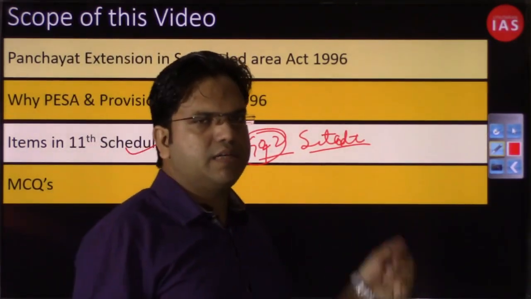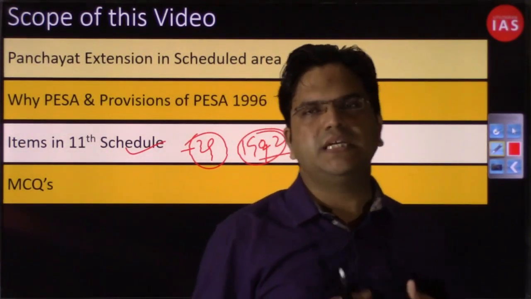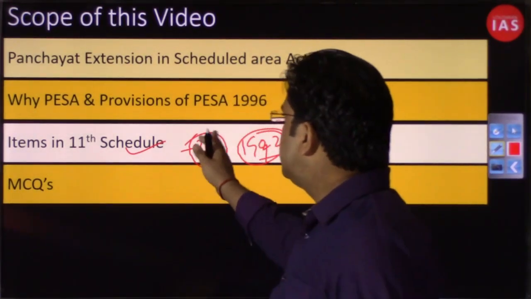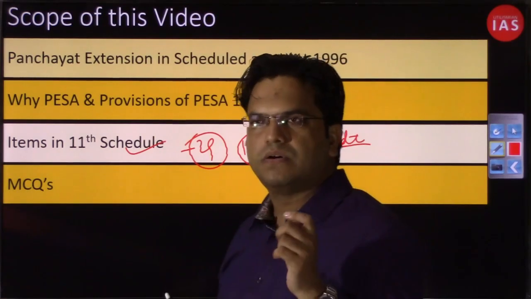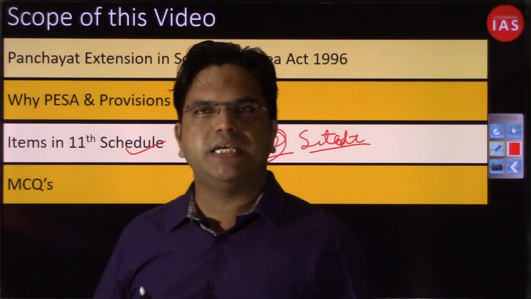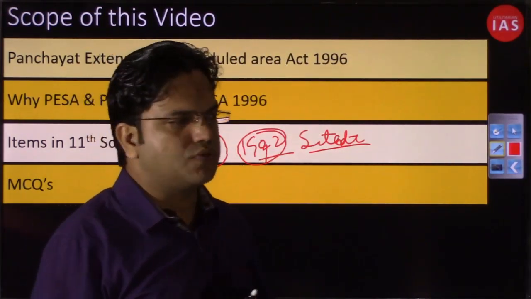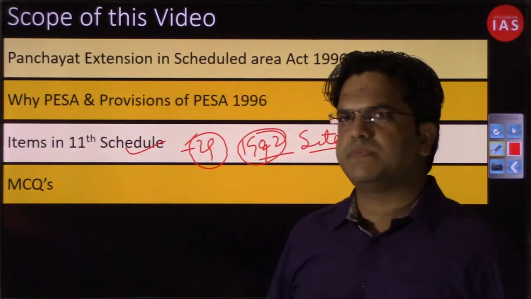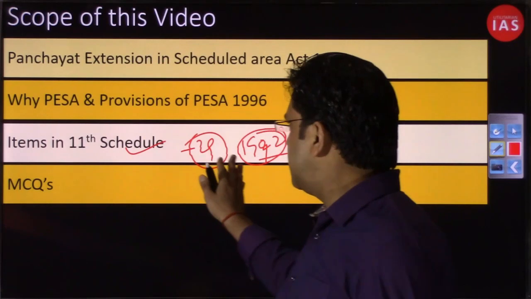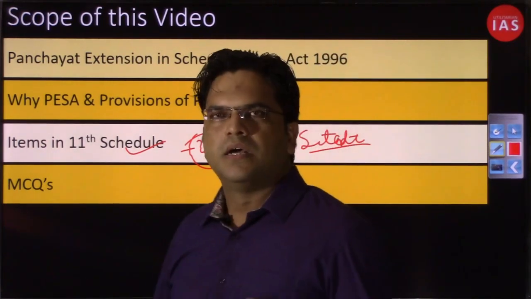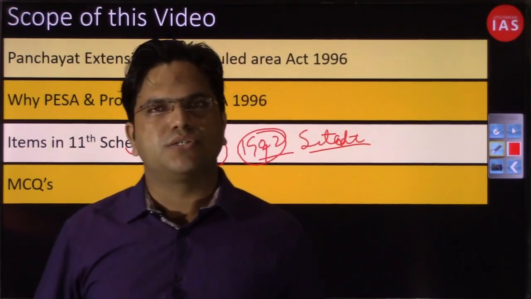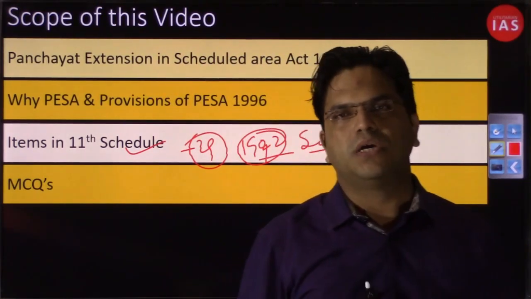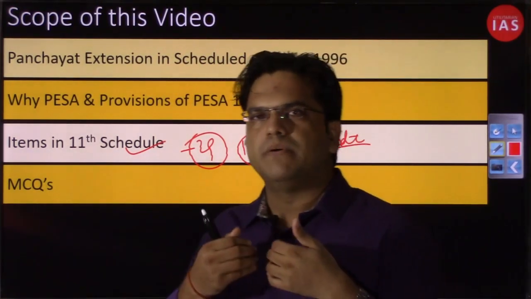So these items had been put into the 11th Schedule, and states were nudged that you should move these items. These are those light items which can be taken care of by the Panchayati Raj institution, district council, intermediate-level panchayat or village panchayat. So these 29 items can be taken care of by these Panchayati Raj institutions. And even if they cannot be, right, what the state should do is empower your